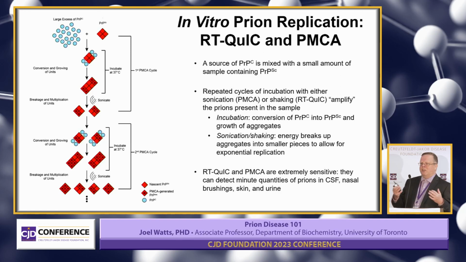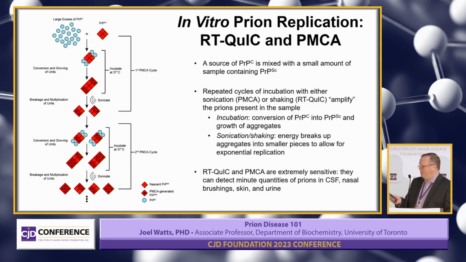The idea is the same thing. You have PrPC and PrPSc mixed together, prion replication occurs, and then you use something to break up your growing clumps into smaller pieces. The reason you need to do that is, think of building a tower out of Lego bricks. You have two choices if you want to make it bigger: you can add one to the bottom, or you can add one to the top. However, if you break that rod into 3 pieces, now you can add 6, one to the top and bottom of each of the 3 pieces. So in these assays, something breaks apart the growing aggregates into smaller chunks to allow for exponential replication or amplification, which allows these things to be done in hours or days.